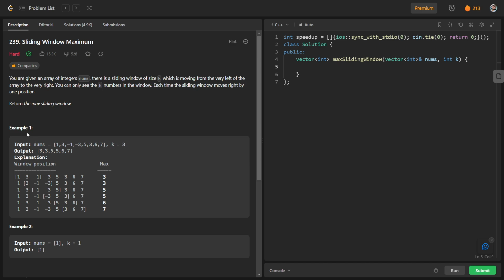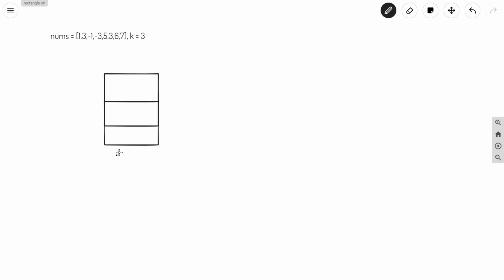So let us take a closer look at this. You can see that these are our inputs. What we will do is have a priority queue of pairs of integers, let's say pq. We will maintain the size of this priority queue as k, which is 3. We will insert the first 3 numbers in this priority queue, and the pair will be nums[i], i. So this is going to be our pair, and we insert it in the priority queue.